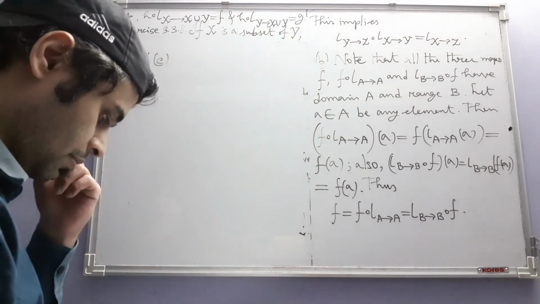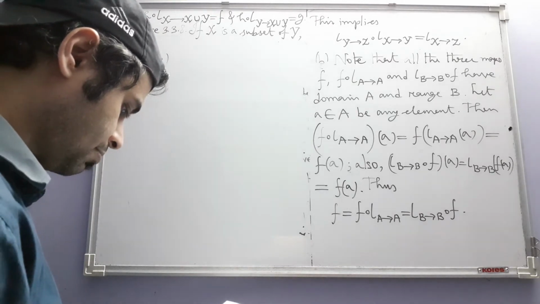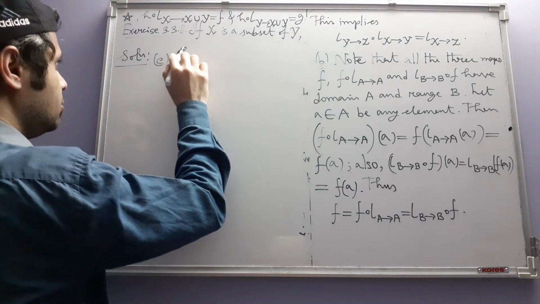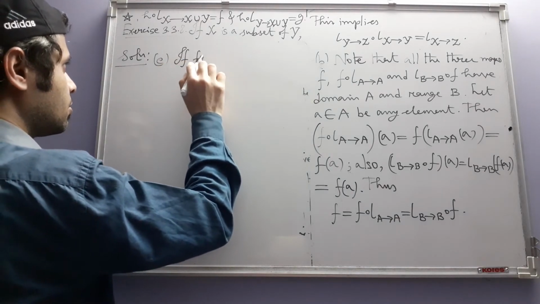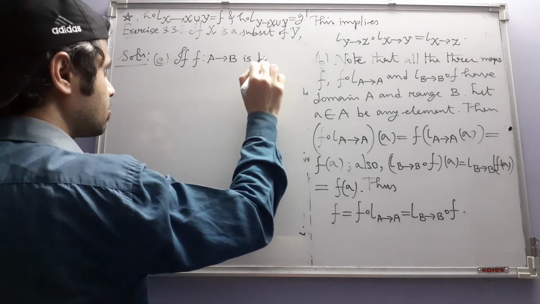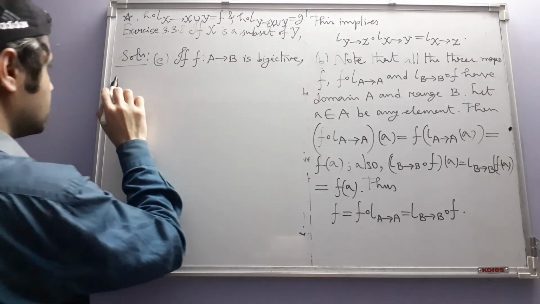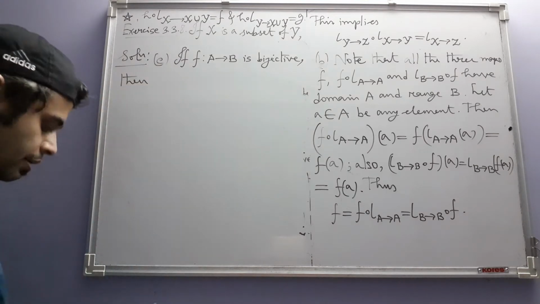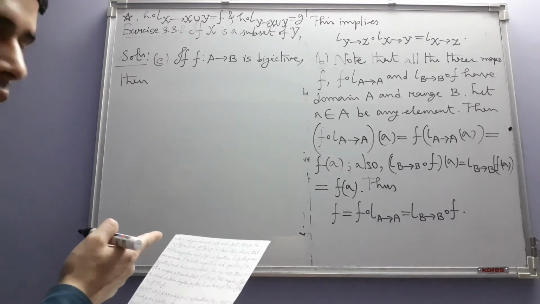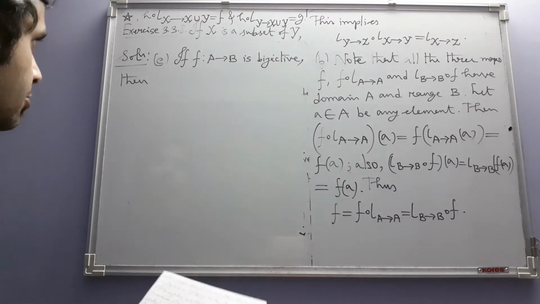C. So what does the third one ask? Show that if F from A to B is a bijective function. Okay. If F from A to B is bijective, then we have already proved this in one of the previous exercises, that actually,